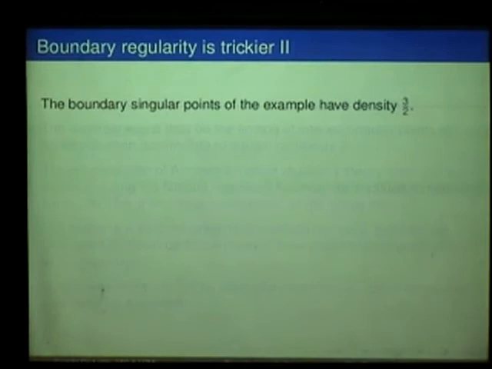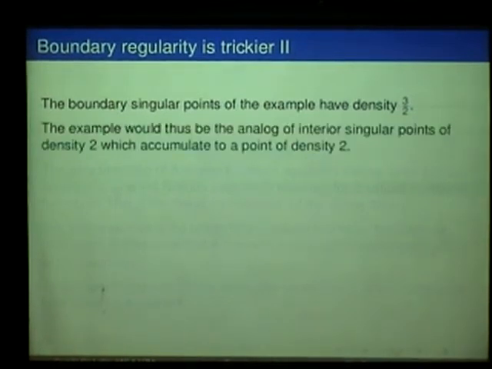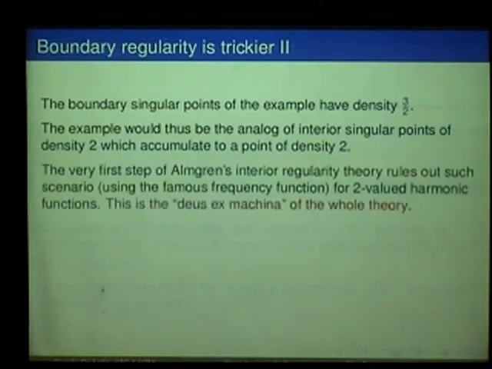Okay, so now the boundary singular points of the example actually have density 3/2. And the example would then be the analog of interior singularities of density 2, which accumulate to a point of density 2. Okay, so this is rather a little bit technical, but